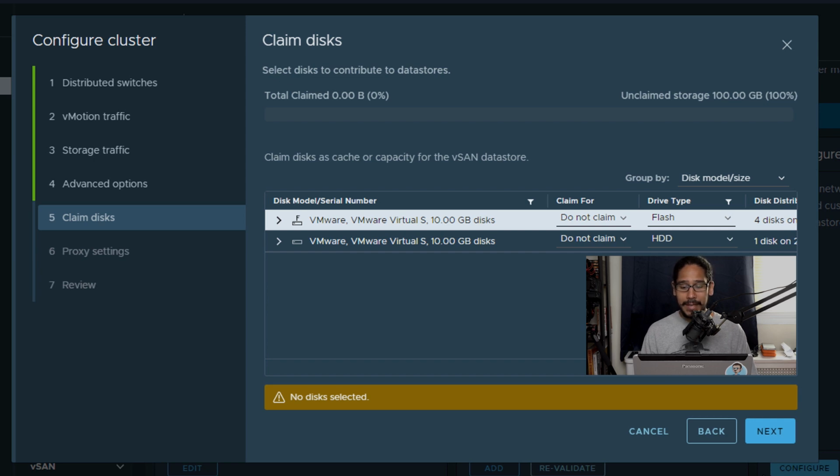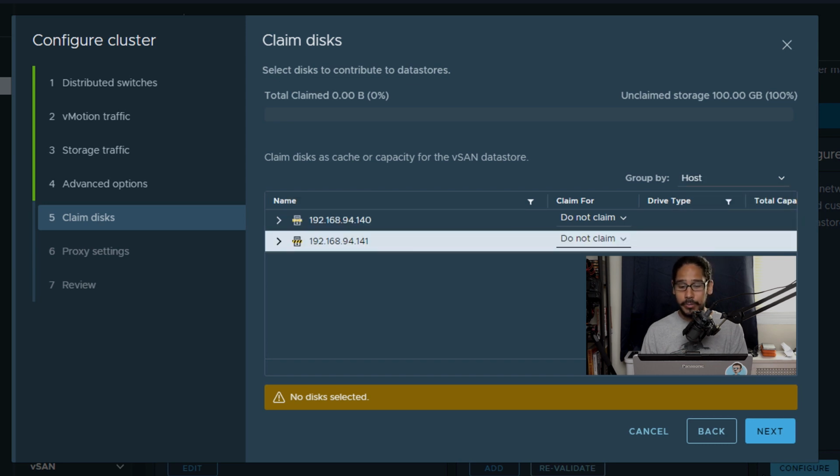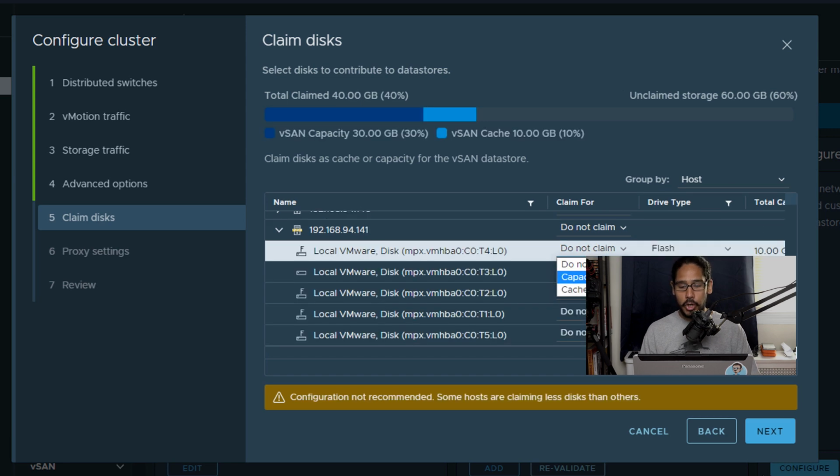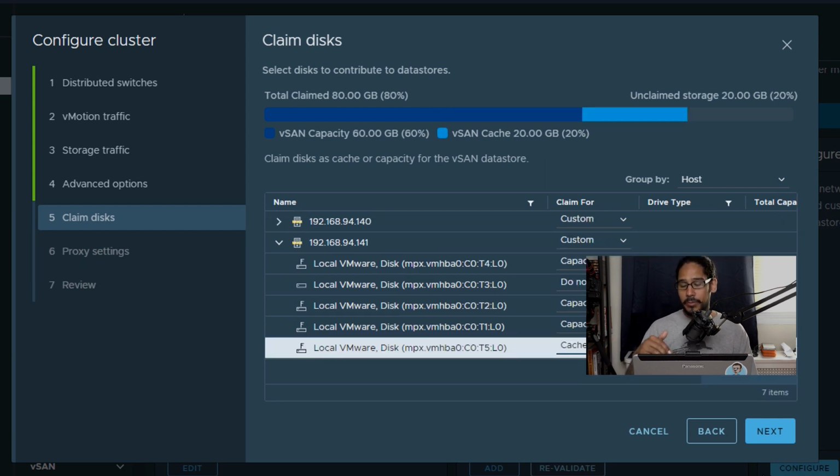Now for claim disk, by default, it is grouped by the disk model and size. I like to change this, so I clicked on the drop-down menu and I picked host. And within each host, you need to basically identify or claim which disk is going to be your cache tier or your capacity tier. Once you do all that stuff, you are able to continue.